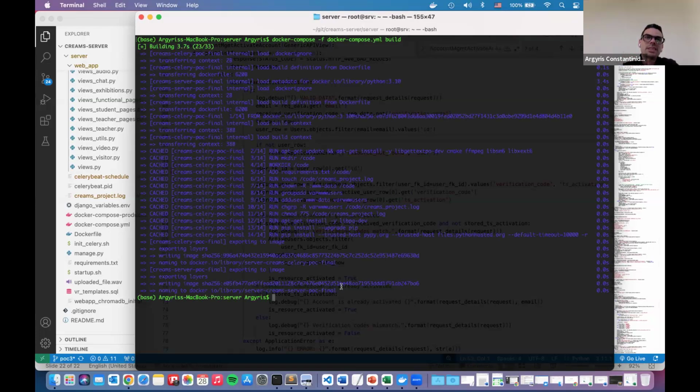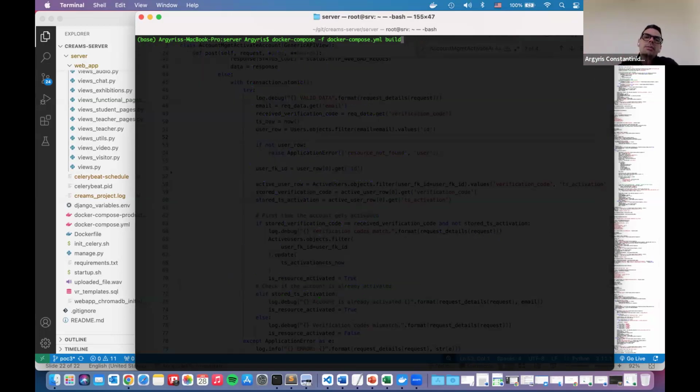But if you build it the first time, or if you use the --no-cache flag, it will rebuild everything from scratch. And this might take a few minutes because it needs to download a lot of packages, and some packages are quite heavy. So that's for building. And then once we have built the image, we can just run the command either with this -f configuration file or without it, because it's a default and it will pick it up.